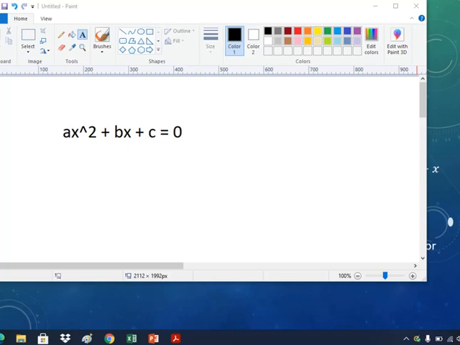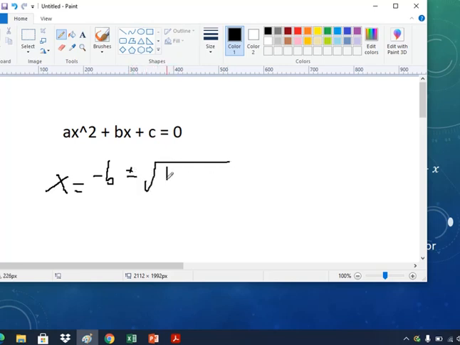So usually we have the formula for quadratic equations, which is x is equal to minus b plus or minus square root of b squared